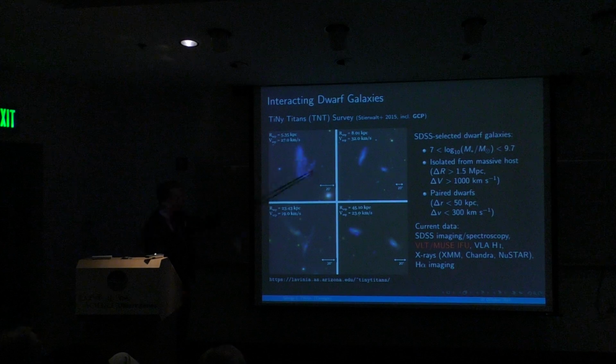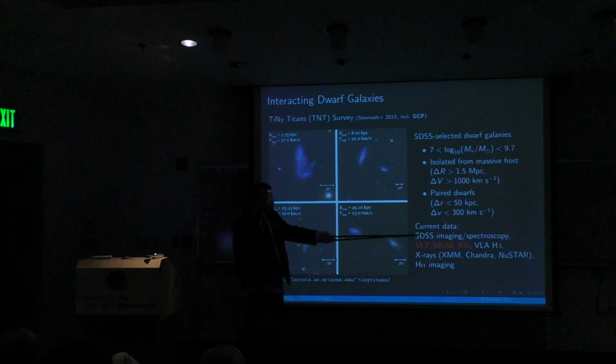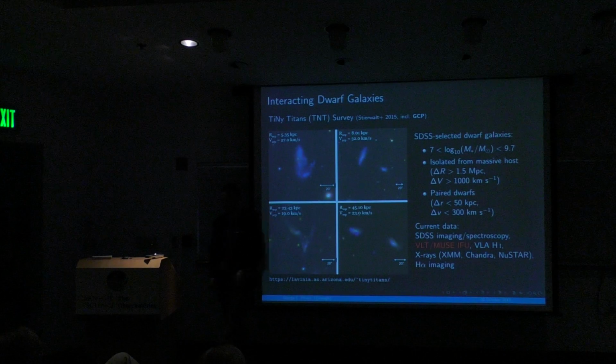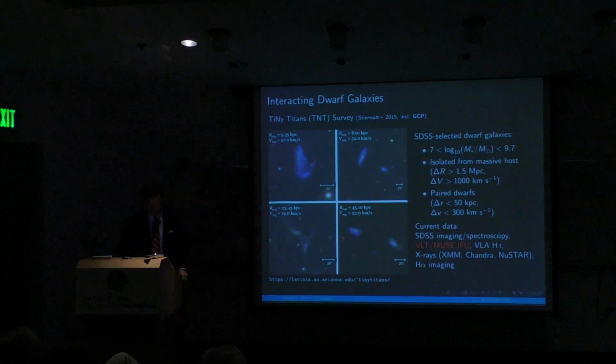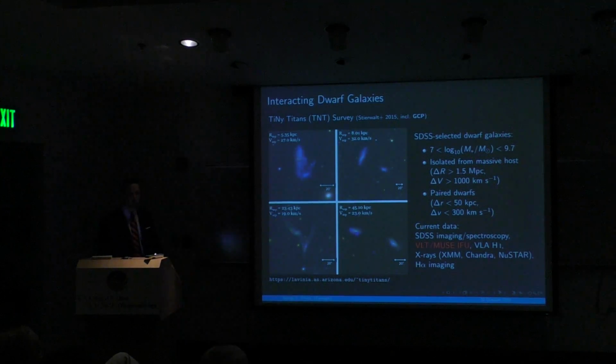This is a few examples here of dwarf pairs. Some of them are a little bit harder to see. And we are building up a multi-wavelength data set with Sloan imaging, H1 observations, X-rays, and H-alpha imaging. And I'm going to briefly talk about a VLT MUSE program that we are just getting kicked off on the